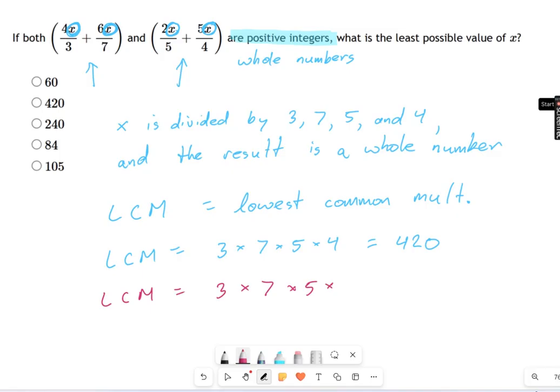Instead, we would say, okay, my 6, well, that's really just 2 times 3. And then you would say, aha, I don't need that 3. I already have a 3. So you wouldn't bother with it. That's how you deal with things that are higher numbers when you're looking for a lowest common multiple.